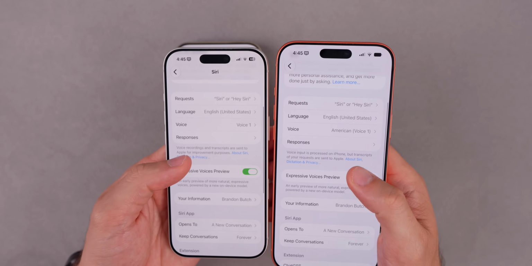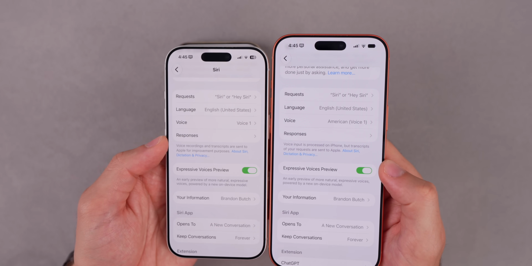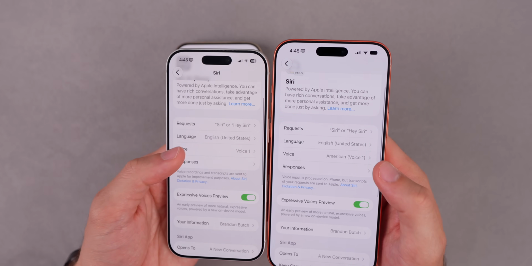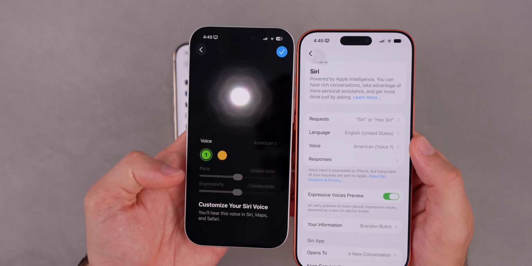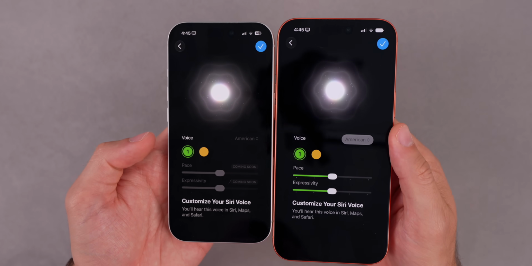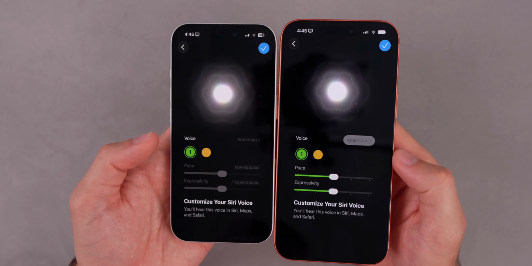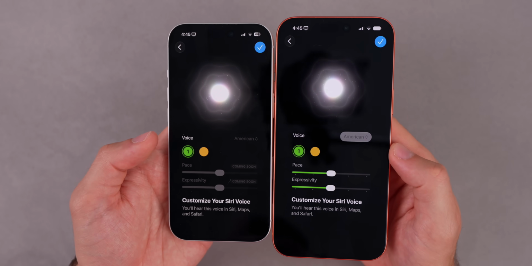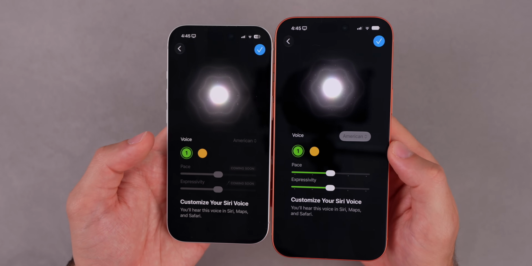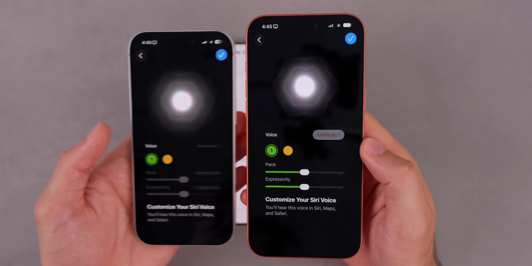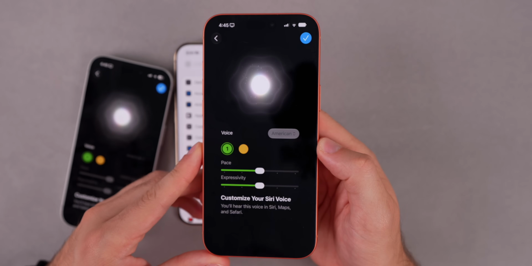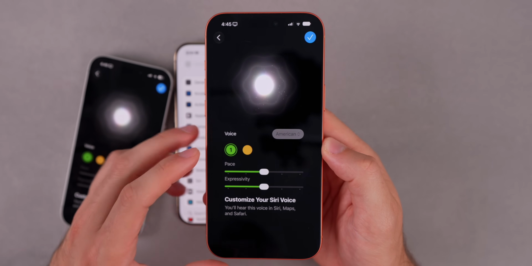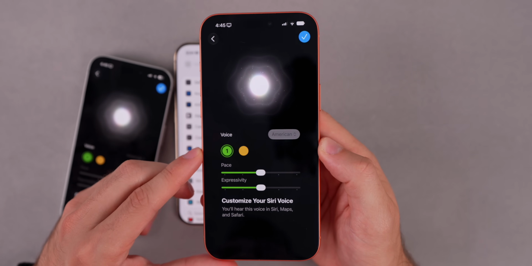Now also, if we go down to expressive voices preview, if we have this turned on, this now works. So in beta 1 and 2, you could see everything was grayed out, but now in beta 3, it is no longer grayed out, and we can now customize and tweak the pace and the expressivity of the Siri voice on our device. Now, as of right now, this is only available for the American voice. That is still the only one that you can tweak, but we do have 2 different voices,